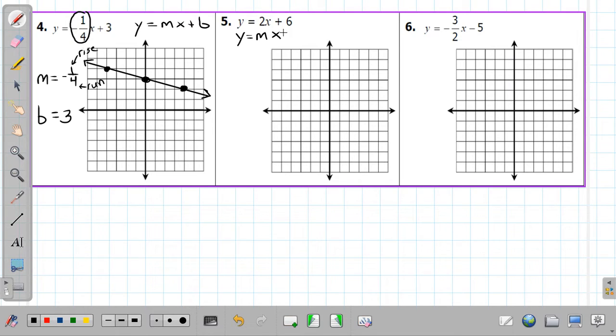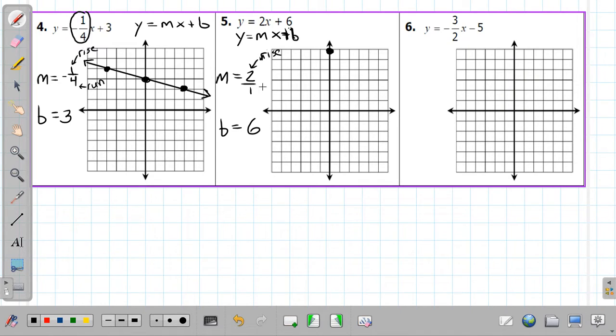Y equals mx plus b. So m is 2 over 1. B is 6, so I go up 6. 1, 2, 3, 4, 5, 6. That's way up here, all the way at the top. In this case, we're kind of forced. We have to go down